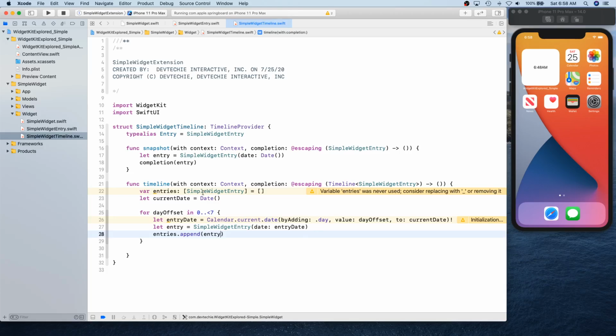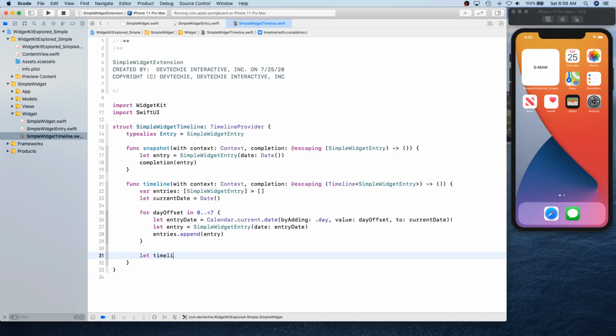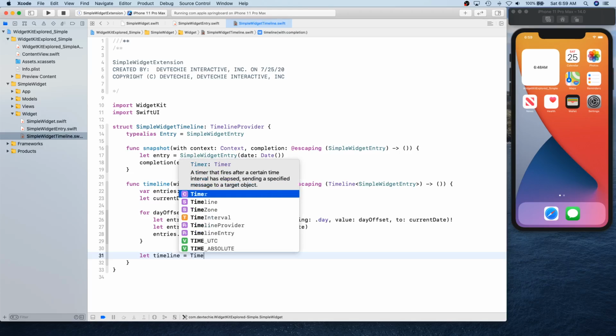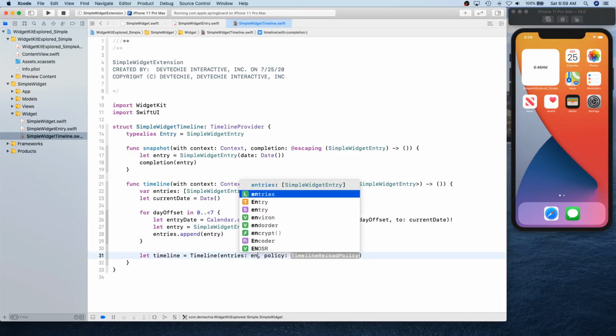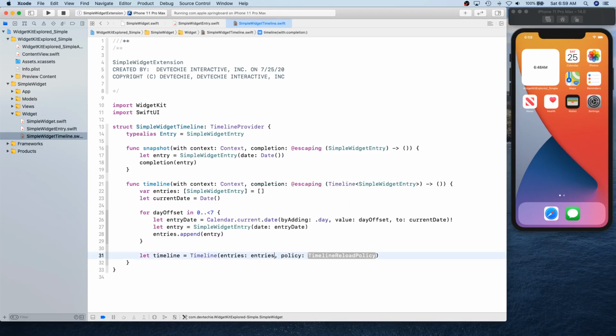So this collection is gonna have all these entries for 7 days' worth of timeline that is created for us, and then we're gonna create the timeline with the help of Timeline, and we're gonna supply entries. It takes a collection, so we're gonna say entries, and this is a policy that we are talking about.